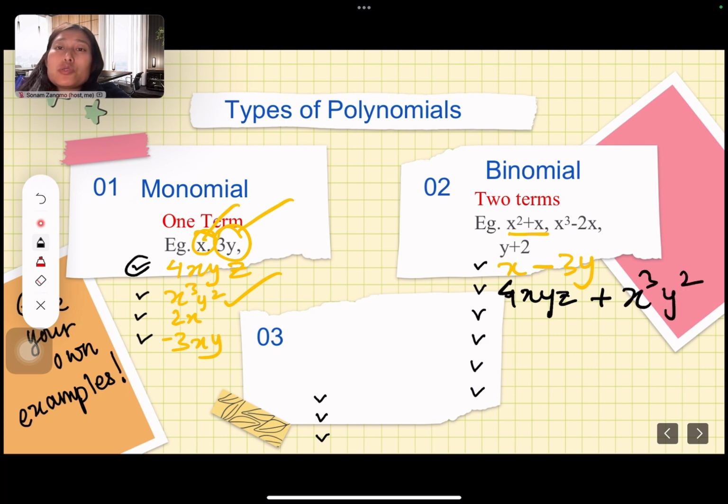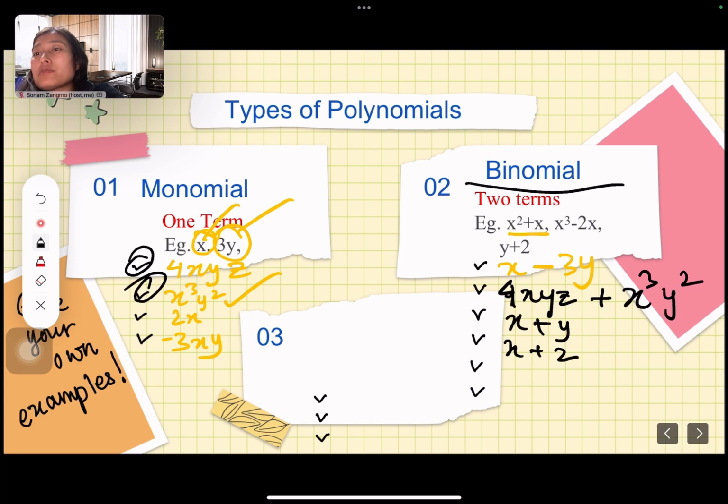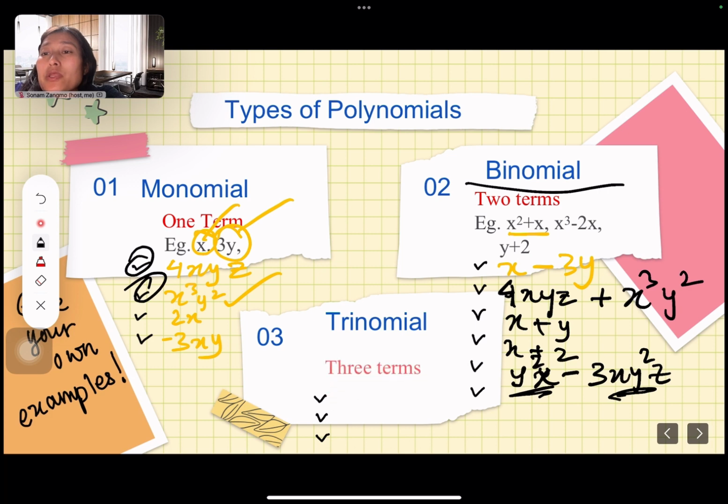So I pick two of the monomials and combine them to make a binomial. So binomial means two terms. You can make further examples, right? So y squared x minus 3xy squared z. Yeah, so two terms. I hope you are getting this, because the next one is trinomial, and then you